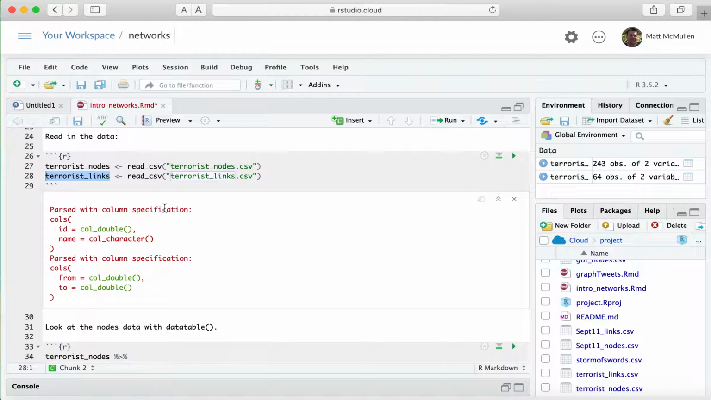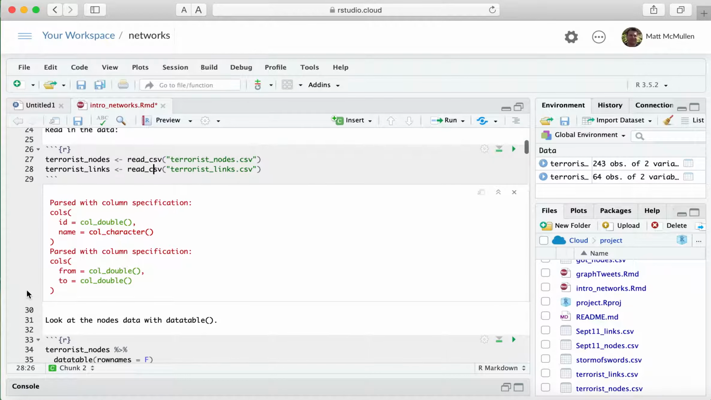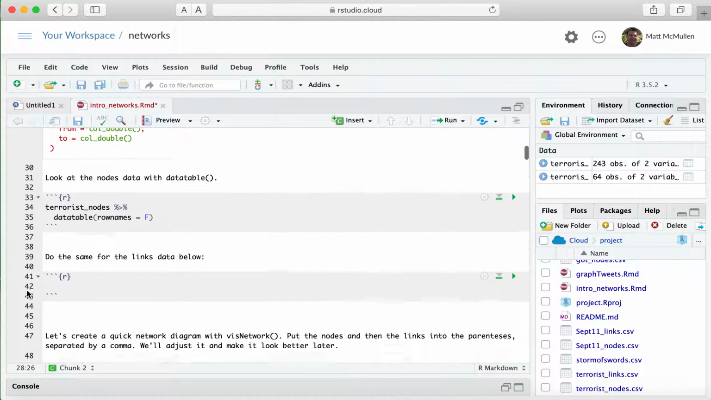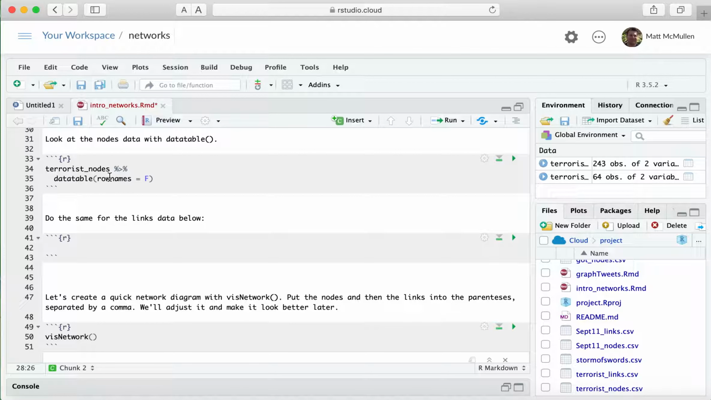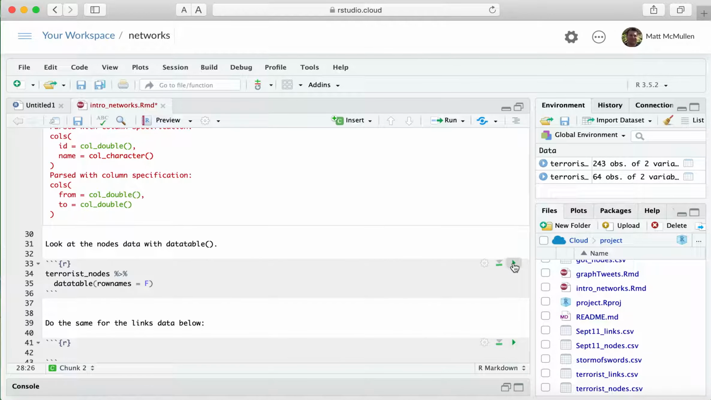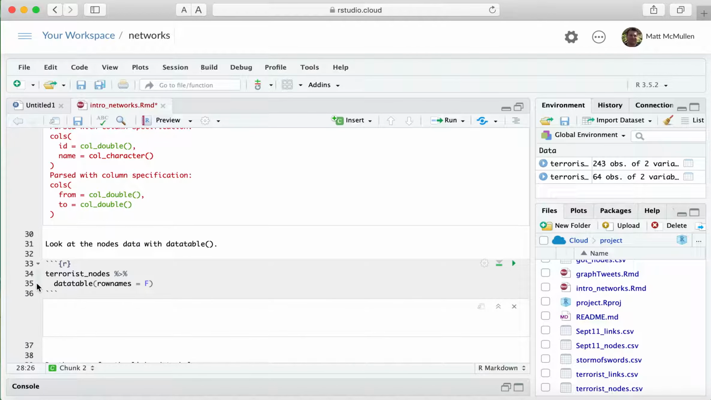One of the confusing things to me, probably the trickiest thing about doing this network analysis, is that you end up with a lot of different data sets. You have the nodes and the links, and then you have the network itself, and you have to juggle those and know which one you're talking about. But let's take a look at these. In this case, the terrorist nodes. If we send that to a data table so we can see it,